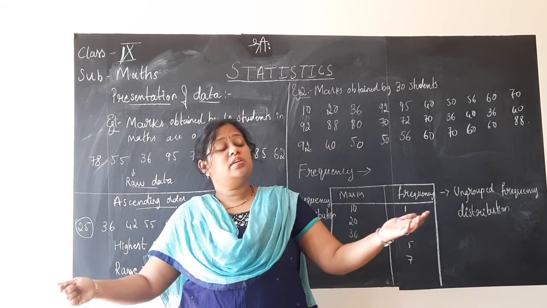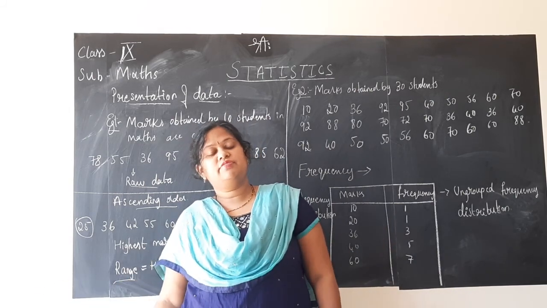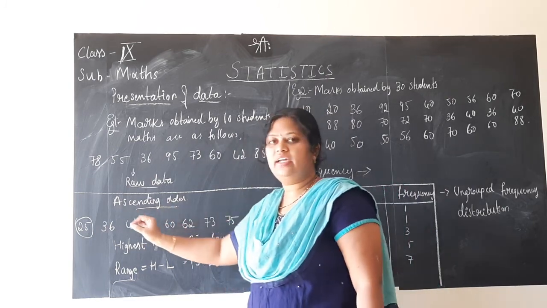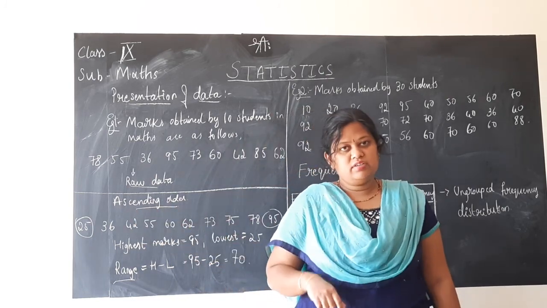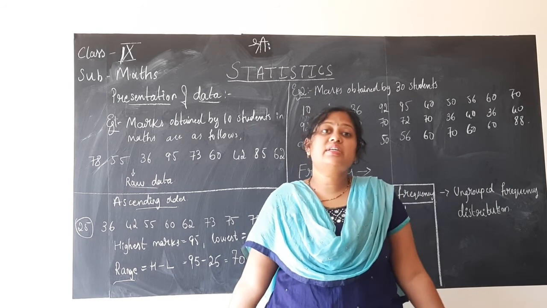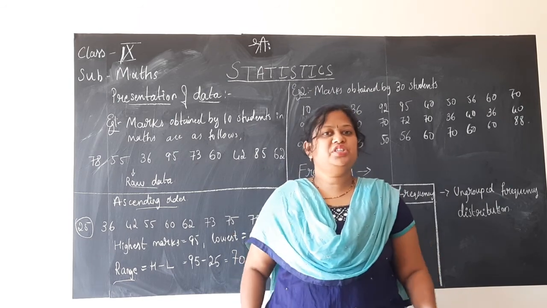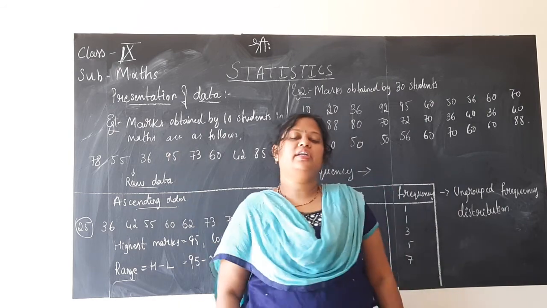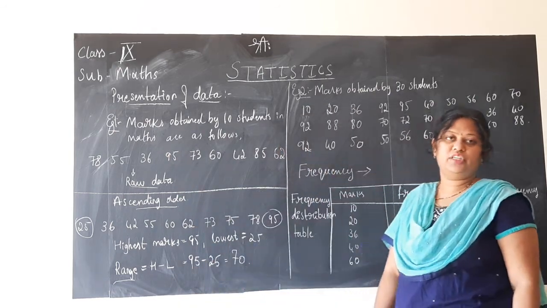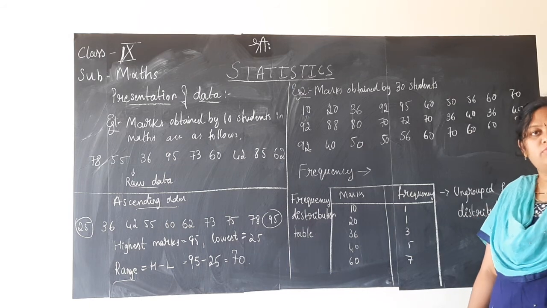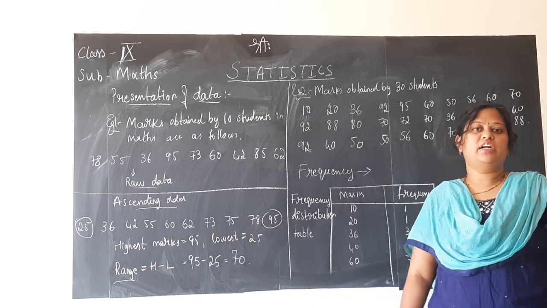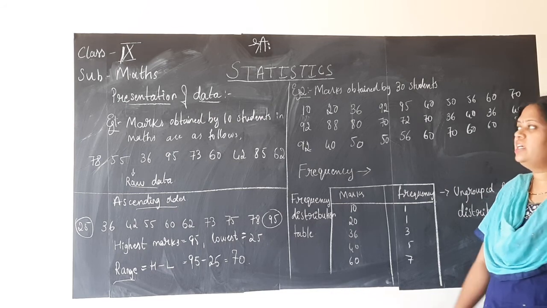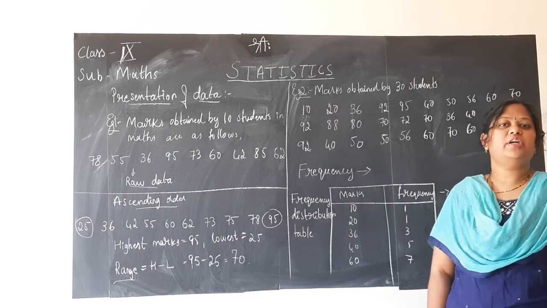Suppose some 60 students are there in the class. If the class strength is 60, can you write all the 60 scores in ascending or descending order and find out the highest and lowest scores, children? No, it is difficult. When the data is less, we can follow this method in interpreting the information. But when the data is more, this method is difficult. In that case, we switch to a new method. What is that? We will learn it in example 2.